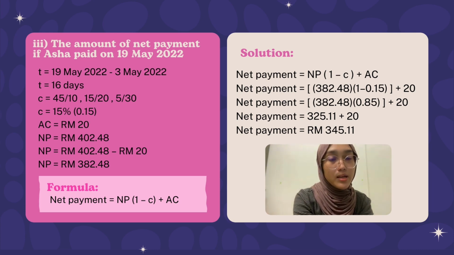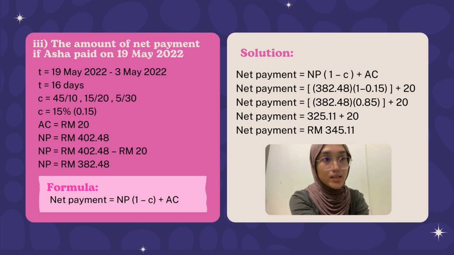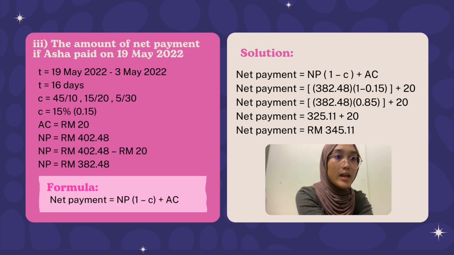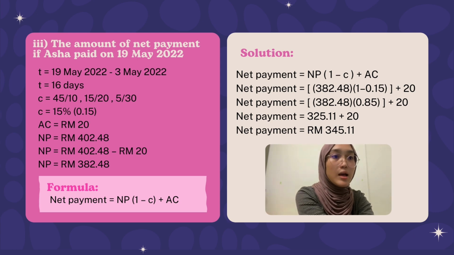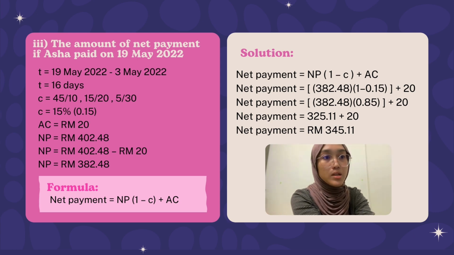So the cash discount will be 15%, in bracket 0.15, because we made the payment between 11 to 20 days. The additional cost will be 20 ringgit. Next, the net price is 402 ringgit 48 cents. Then the net price needs to minus the additional cost. So it will be 402 ringgit 48 cents minus 20 ringgit, and we will get a new value for the net price, which is